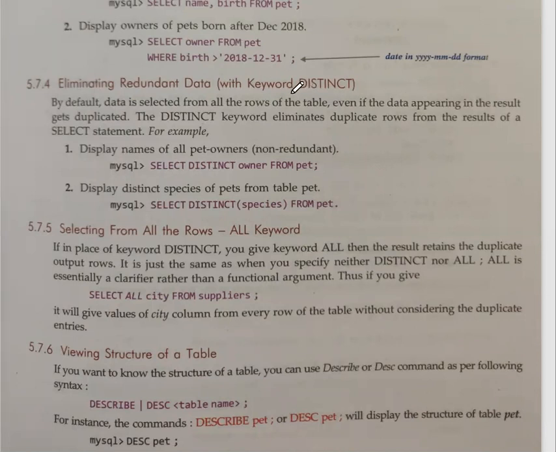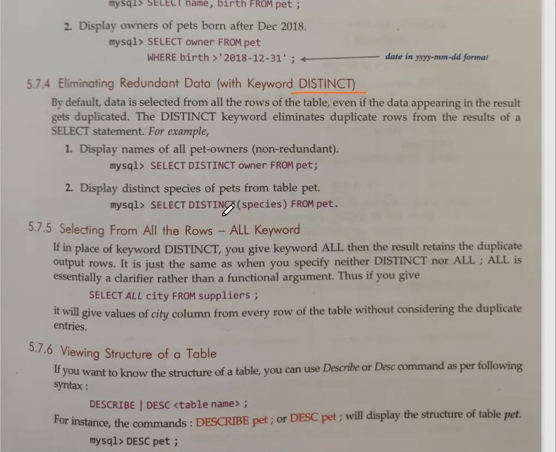The next immediate clause that we are going to discuss is distinct. Now see, when we have repeated values in a table, suppose 2-3 duplicate values are there and you wanted to see only the unique information from the table. In that particular case, you can use this distinct clause. Okay, so they have given over here, this is how you can write.